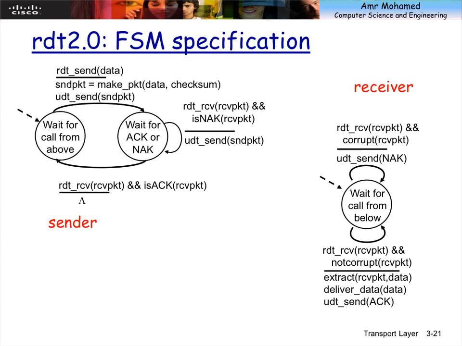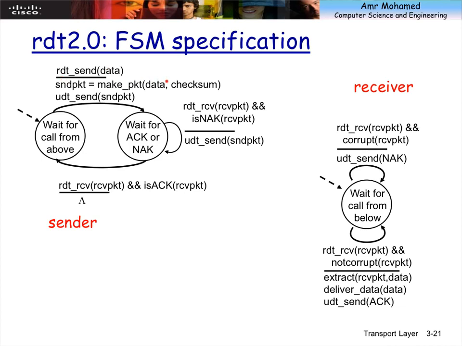So at the sender side, when I send, in that case reliable data transfer send, okay? When I receive the reliable data transfer send from the application, this is the action. So again, always on top, event. Here, under the line, the actions that you take, okay? So when I receive this interrupt from the application layer, I perform two things.